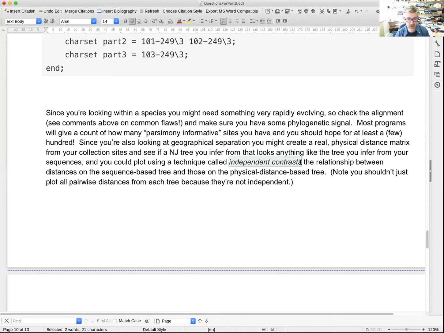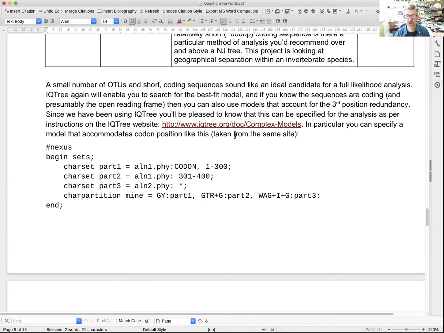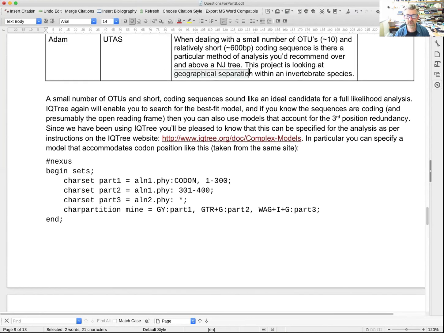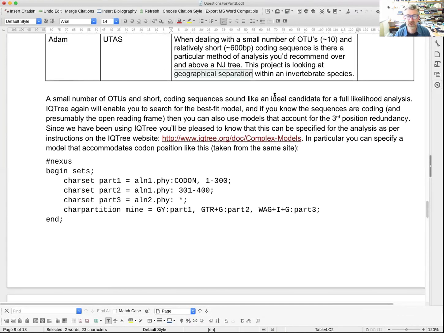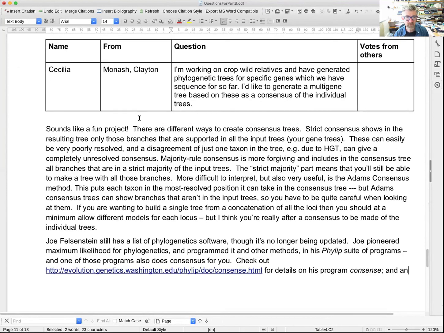If all of that is deeply unclear, then, as I've said before, just get in touch by email and we can nut out how that works. But it would be very interesting, I think, to see, for your question, whether the geographical separation actually corresponds to the phylogenetic distance. So for Cecilia from Monash, the question goes: